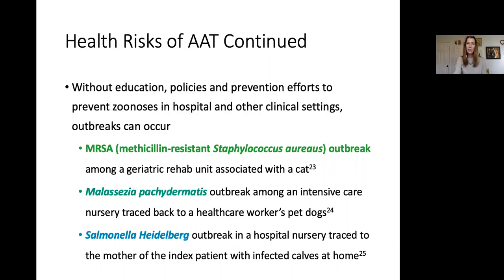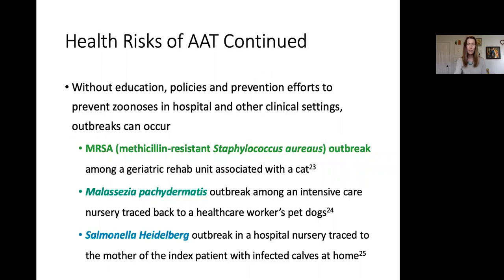Within an intensive care nursery, an outbreak of Malassezia pachydermatis was found, and when they were able to trace it back, it was part of a healthcare worker's colonization from her 3 pet dogs that she had at home, and she unwittingly spread the pathogen from the dogs to patients,